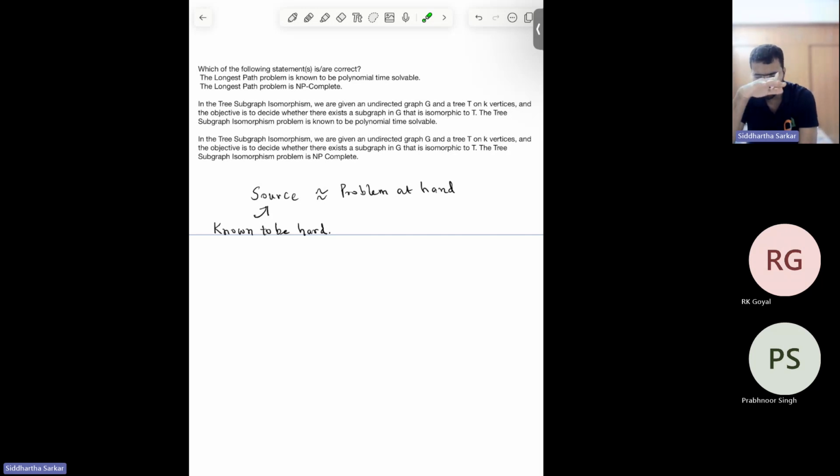Then the equivalence is established. So there is a hard problem and you reduce. So we call it a polynomial time reduction. So we'll say that P1 is a problem. This is a symbol. It's polynomial time reduced to P2. So the reduction is from something which is known to be hard,